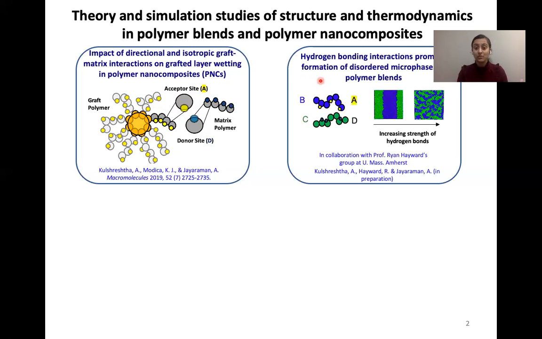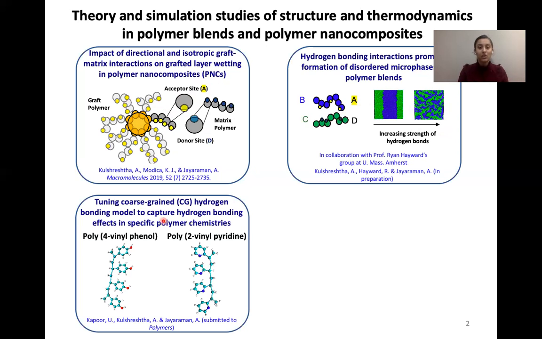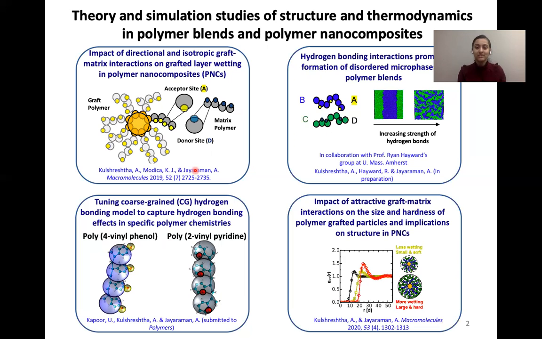We're also using this coarse-grained model to understand how hydrogen bonding interactions promote formation of disordered microphases on increasing the strength of hydrogen bonds in immiscible polymer blends. Further, we're also working on tuning this generic coarse-grained model to capture hydrogen bonding effects on structure in specific polymer chemistries, namely poly-4-vinylphenol and poly-2-vinylpyridine. So all of this work is focused on understanding the impact of directional interactions on structure in polymer nanocomposites and polymer blends. And what I'm going to be talking to you about today is cohesively tied to this, that is,